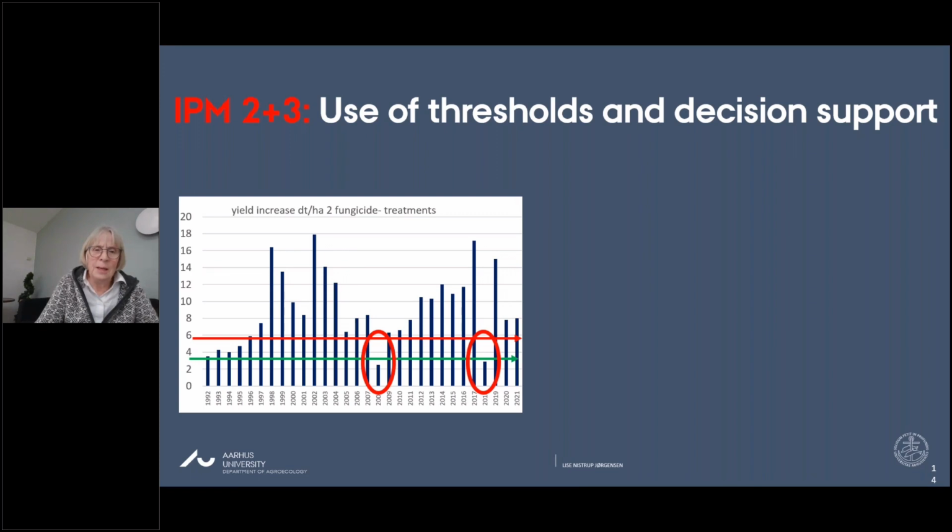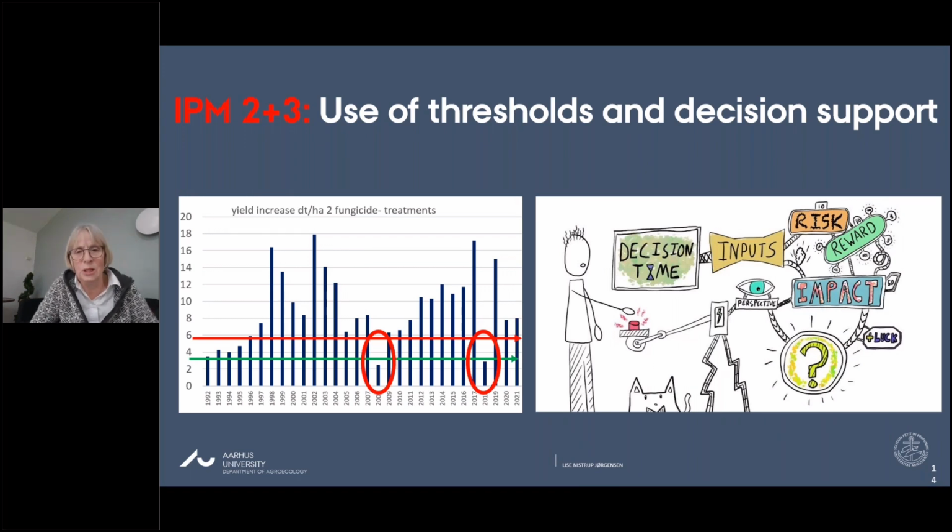So there needs to be a consideration of tools to help guide you on what you need to do. So this red button here kind of should be the one giving you the magic answer, do I need to spray or not? And I'm sure many of you will know that it's not such an easy game to actually make the decision on whether you need to spray or not. At the end of the season, we are all very clever and know whether it was the right decision or not. But it's also true to say that if we monitor the crop, if we follow the weather data, then we do have some indication on how intensely we need to spray our crops.